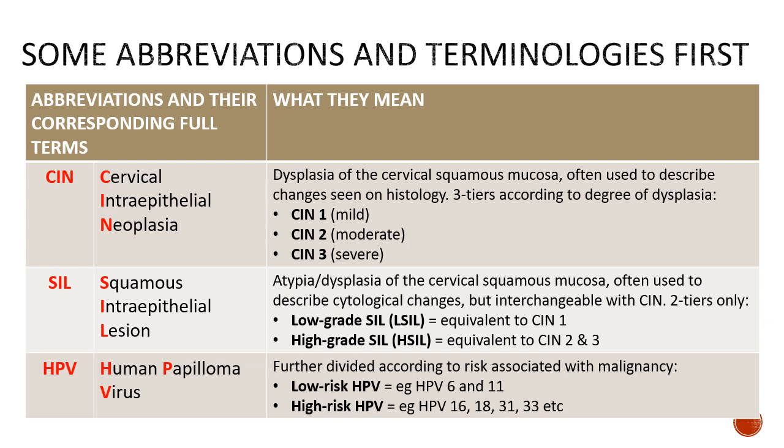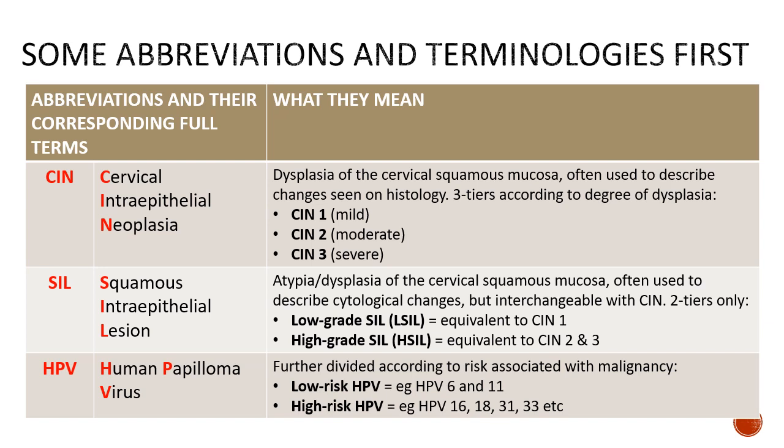Right? And it's only a two-tiered classification, and this is a newer classification because it reflects the management, because the management for low-grade lesions is different from management for high-grade lesions. So low-grade SIL is equivalent to CIN1 or mild dysplasia, while high-grade SIL is equivalent to CIN2 and 3, which means they are much more severe and therefore have a higher risk of progression to cancer and they are managed